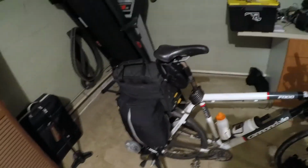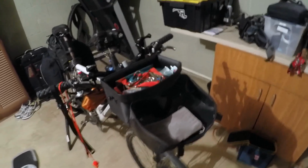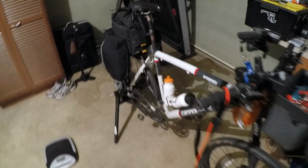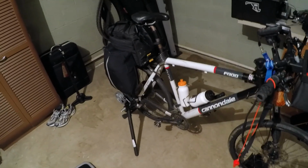Okay, here we go. We're starting our one-day overnight. Going to do a checkout or shakeout of our equipment. The bike is fully loaded. Just need to close up the front handlebar bag. Everything is charged and all set to go, and we'll fill up our water bottles after we mount the bicycle